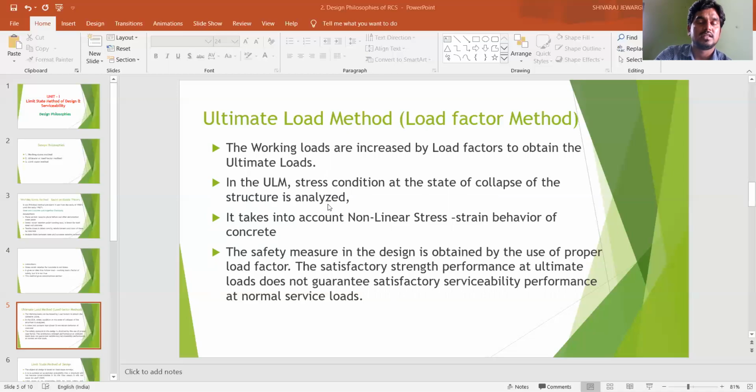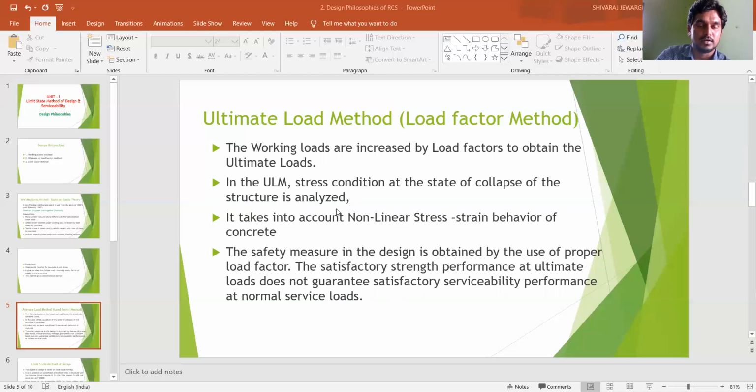And one more thing, the drawback of this method is that it does not give any guarantee about the serviceability performance. That is the reason this method was also dropped after certain years. Keeping in consideration some more failures, satisfactory strength performance at ultimate loads does not guarantee satisfactory serviceability performance at normal service loads. So, having this drawback in this method,